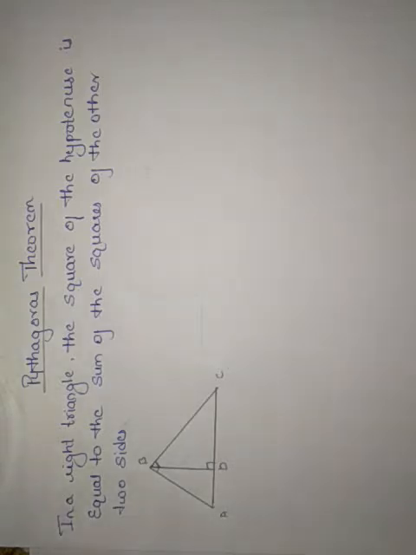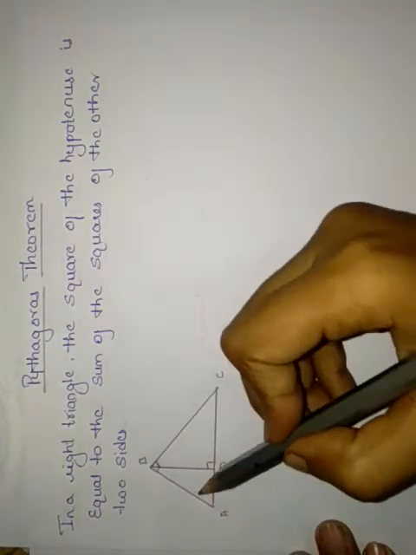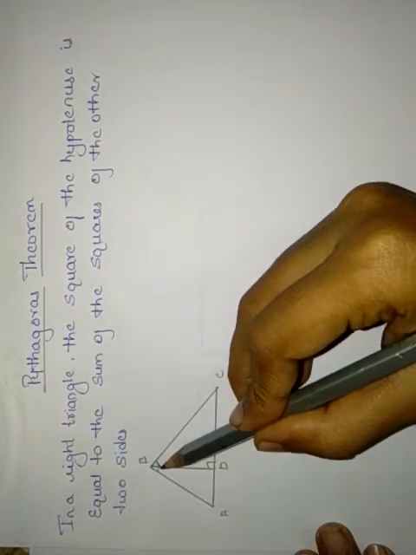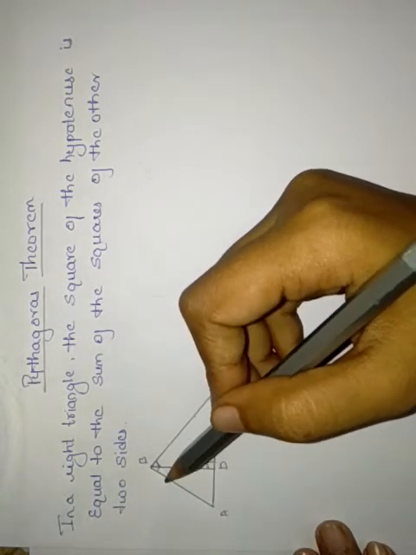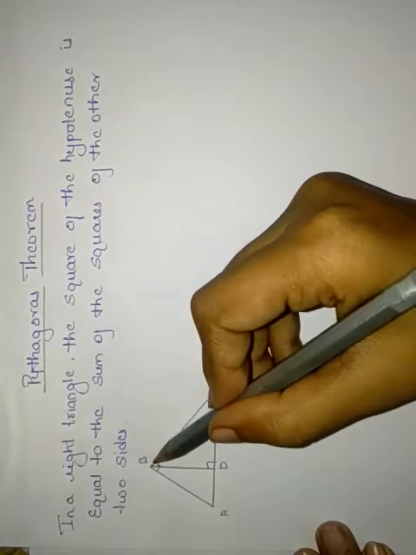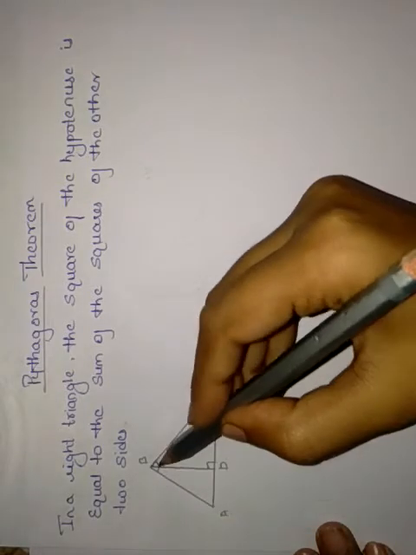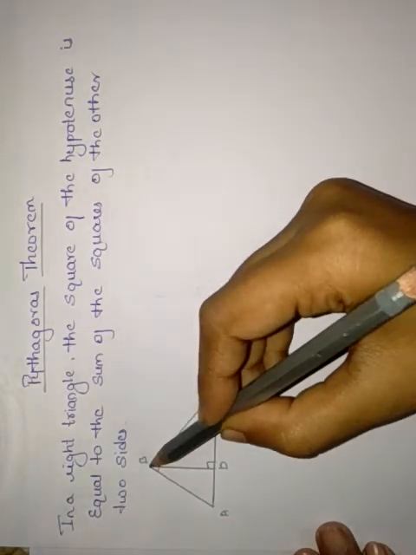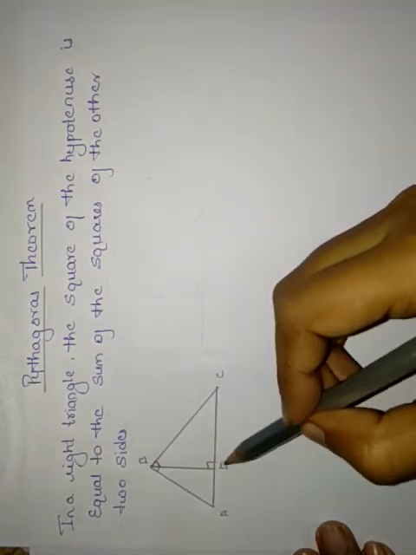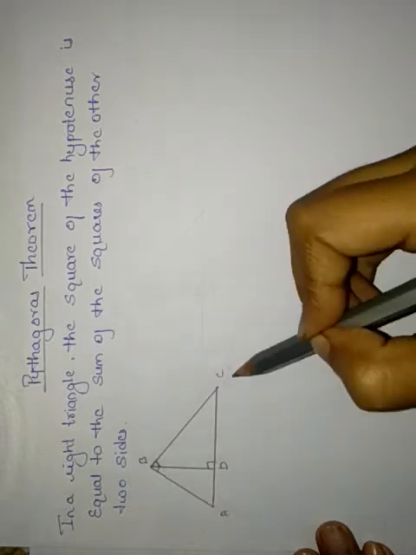To derive that equation, the Pythagoras theorem, we need one basic theorem, right? Let us state what that basic theorem is. That theorem states that here is a triangle ABC, it is right angled at B. Now I will draw a perpendicular line from the vertex B, which is right angled. From this point I am going to draw one perpendicular line to the hypotenuse, that is AC, right? BD is the perpendicular line to the hypotenuse AC.